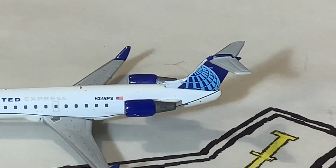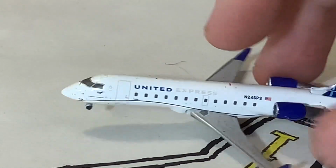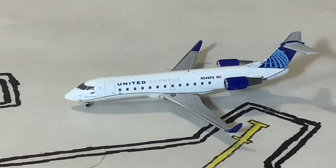But yeah, the Evo-blue tail looks great on this one. Just a fantastic model here by Gemini Jets. This is their 2021 release of the United Express CRJ-200. And yeah, this one's also turned very rare now, so this has good monetary value now, as well as the other one. This one's probably a little bit more rare,